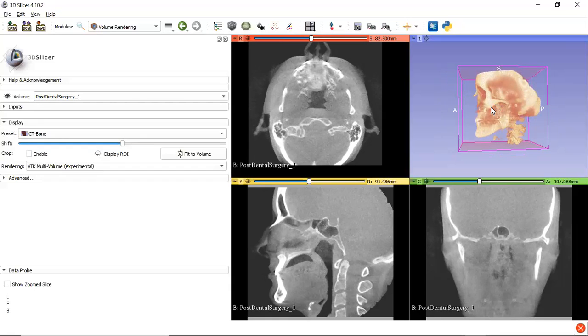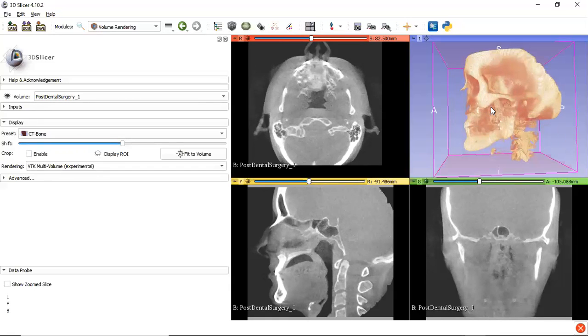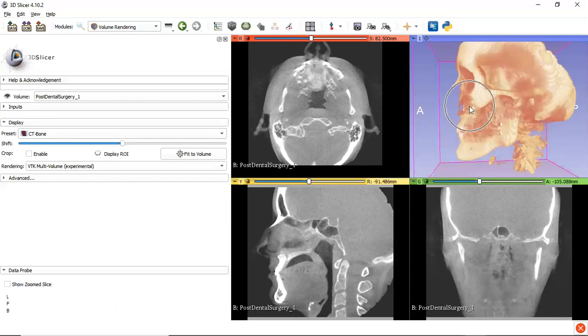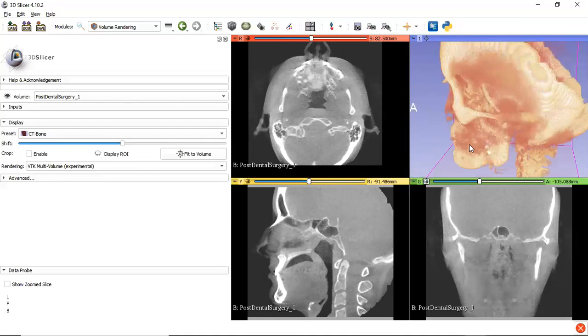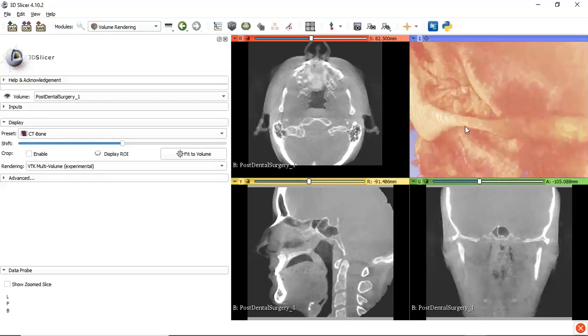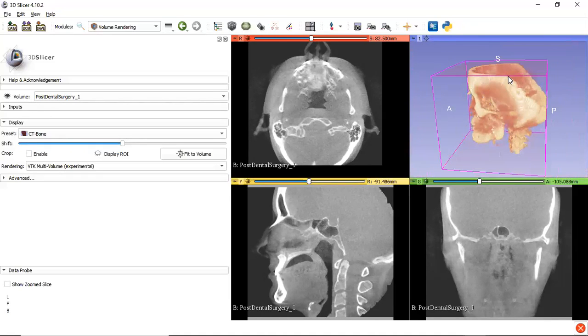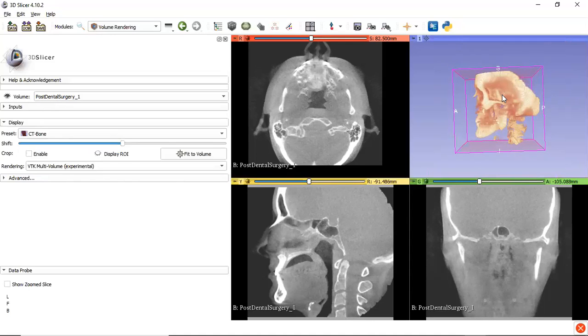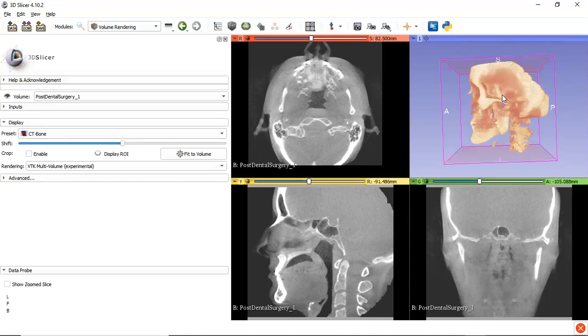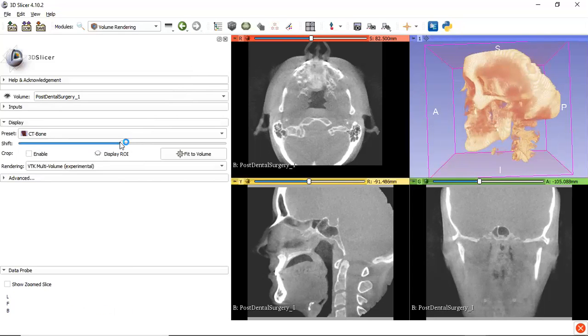So let me zoom in. You can zoom in using the scroll button. As you can see, there is quite a lot of disturbance or noise over here, which is in reddish color. So let me zoom out a bit. To remove that reddish color, I'll be shifting it so that the intensity increases and only the bone which I require will be displayed. As you can see over here, the reddish part is actually gone. So it is more clear.